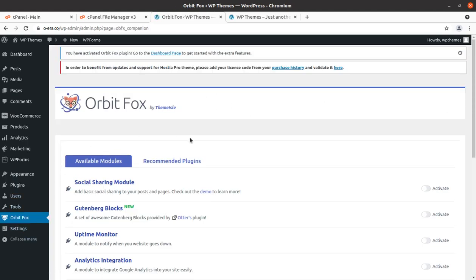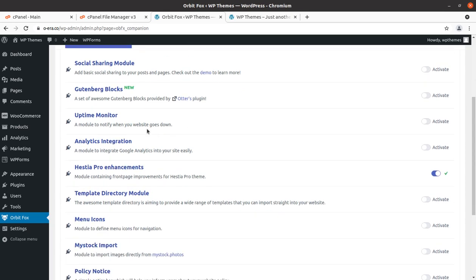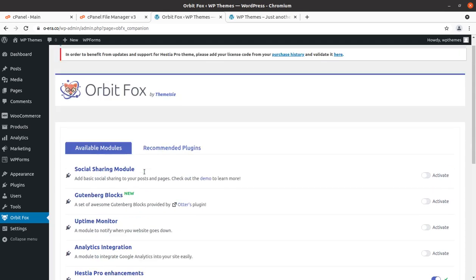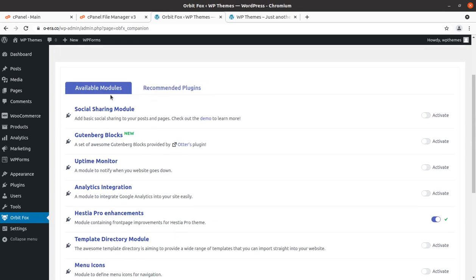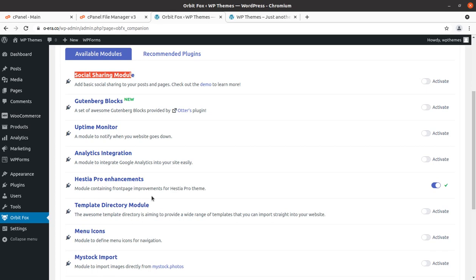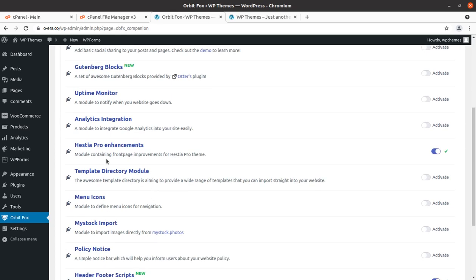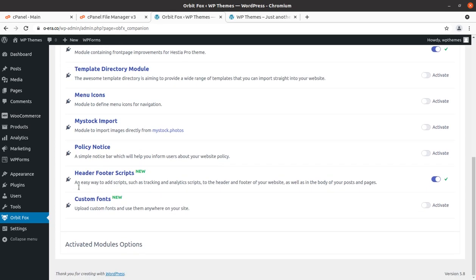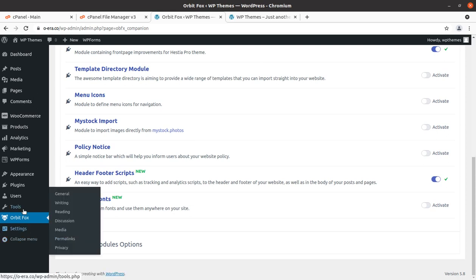Orbit Fox is installed along with the demo content, so you can use these modules for your website, like the social sharing module, Gutenberg blocks, analytics integration, Hestia Pro enhancements, and all such things have been given for you.